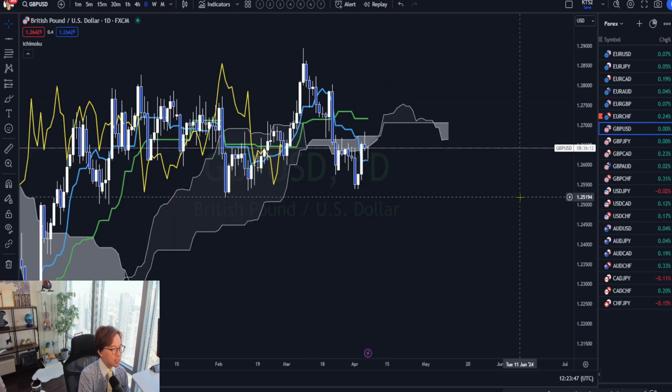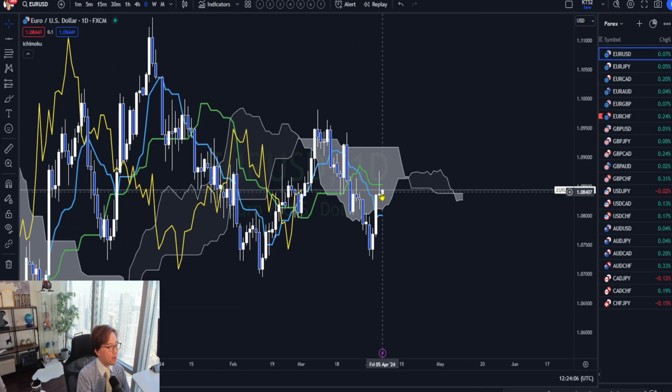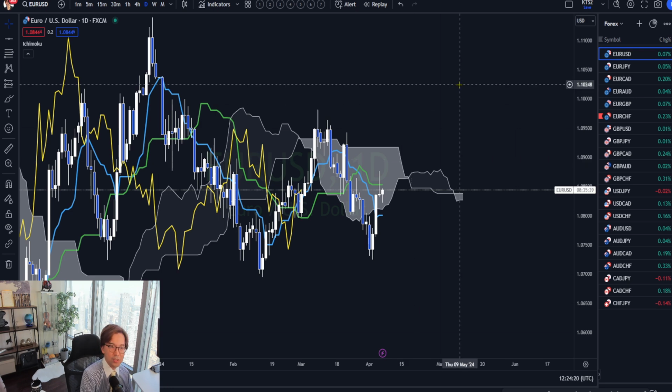So like this, when I scan charts, for example, pound USD is completely ranging. Although this is one of the USD-related pairs, since it's a range, I don't really expect which way it's going. And Euro USD is also range. The price is within the Kumo, with the Chikou span touching. So in this case, it's very difficult to trade because it's range and there's no direction. And as a trend follower, this is not the market to focus on before news.